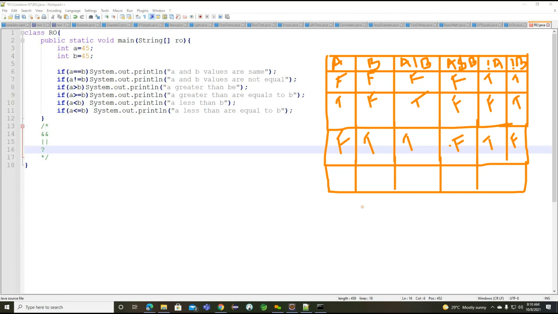what we need to understand here. So A value true, B value true. So A or B is true and A and B is true. And the not conditions will be false. So if you understand, this particular diagram will give you more information about the logical operators here.